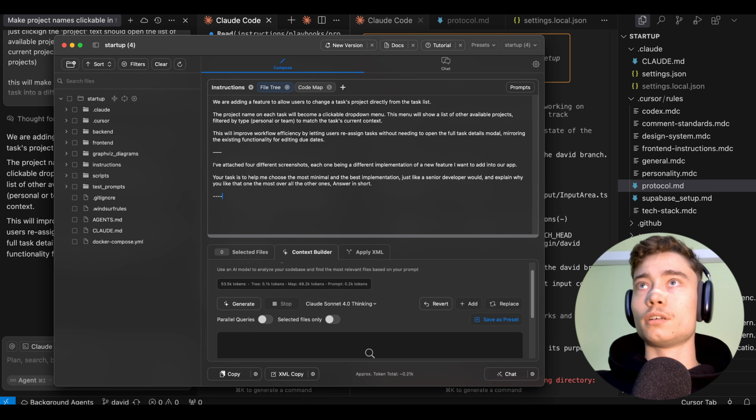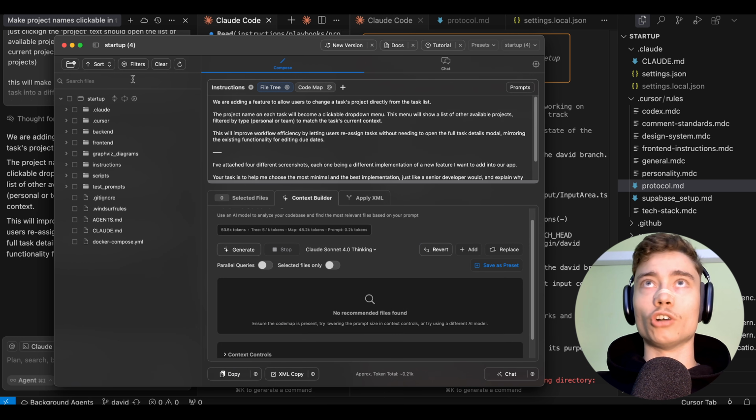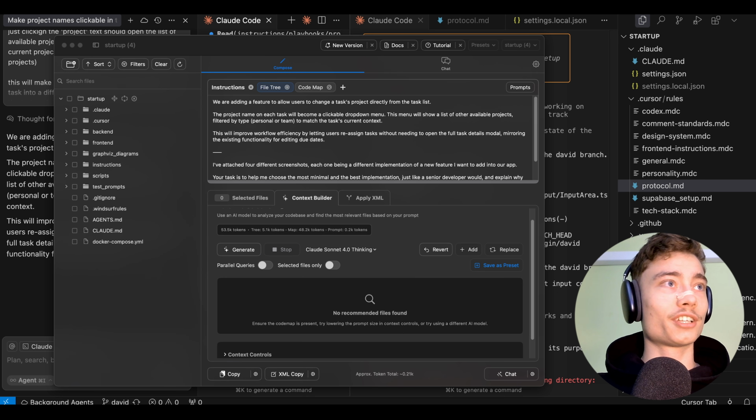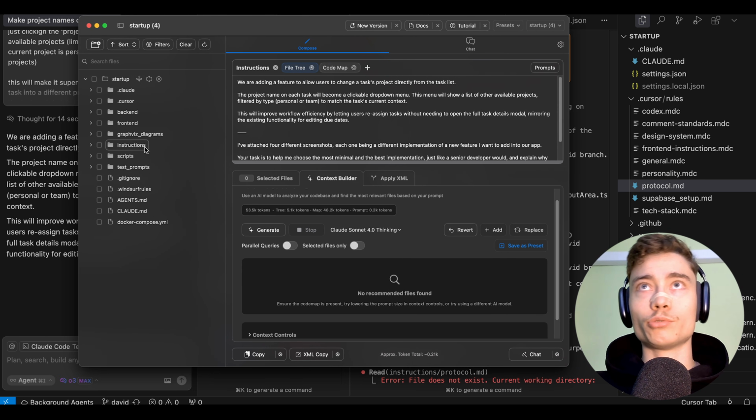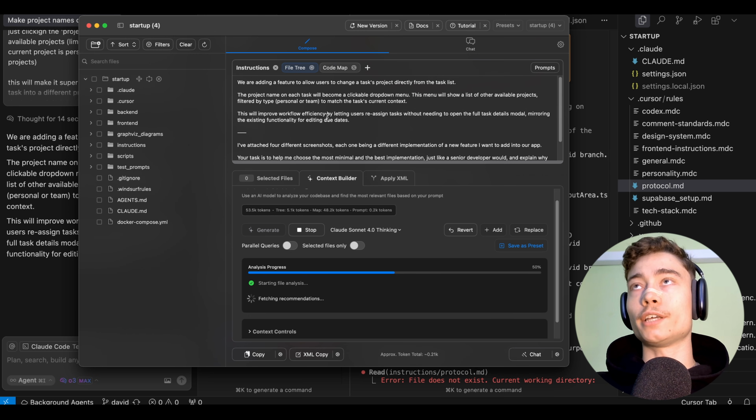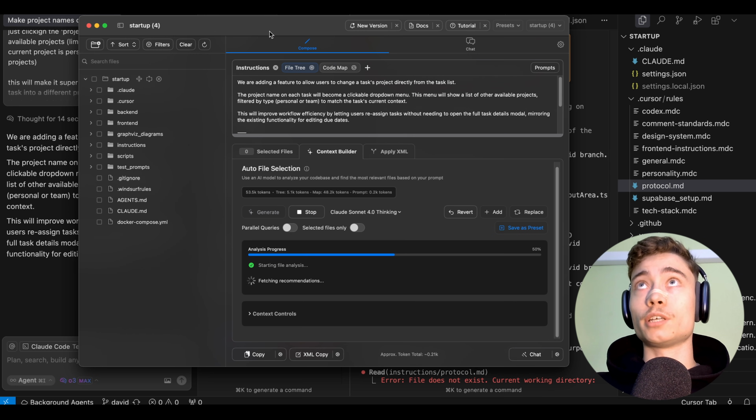This guy as well. Okay, so now you need to open the actual folder. This is something very important in the repo prompt I forgot. You need to open your repository, right? Repo prompt, it needs to know your repo. So now we can click generate, it will analyze my prompt, it will analyze the repo, and will suggest which